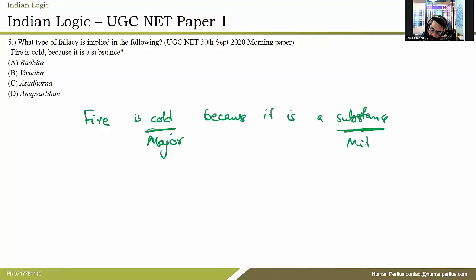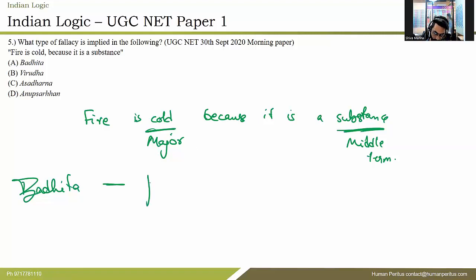Substance is your middle term. Can the existence of cold or hot be perceived by fire? It can only be perceived when you touch it, right? So we reject the middle term substance because it contradicts the terms, right? It contradicts, right? So Badhita